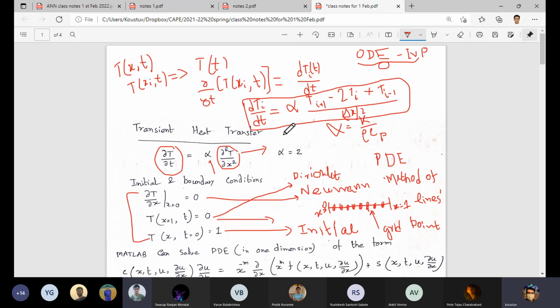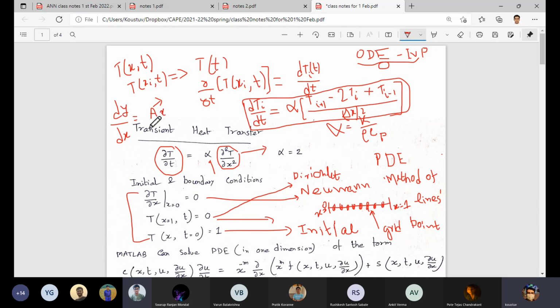Now if you look at the expression, the nature, it is basically an ordinary differential equation, where i is a running variable which you can vary across the different grid points. So you will have several ODEs. Now if you notice the right hand side of the ODE, it's just an algebraic term. Previously we also encountered this kind of homogeneous ordinary differential equation, dy/dx, where y is nothing but a vector, and we had noted it in the form of a matrix.